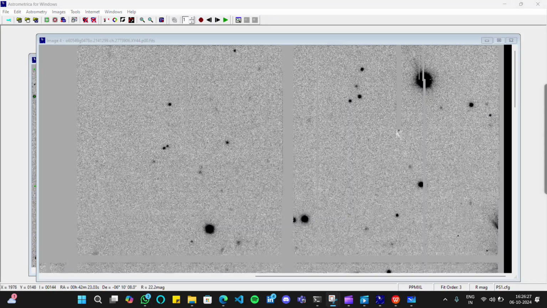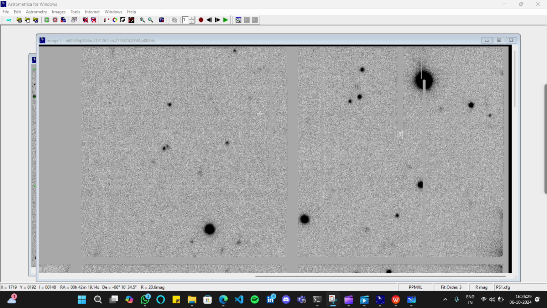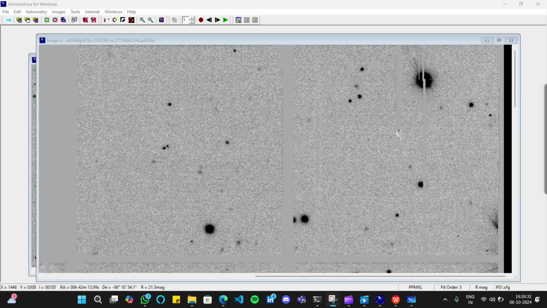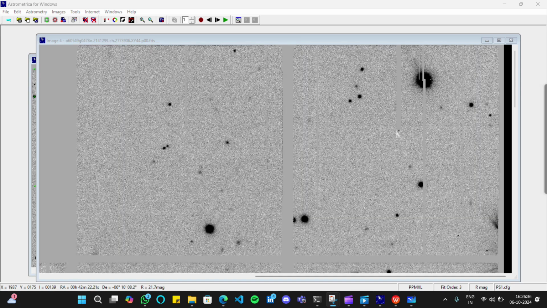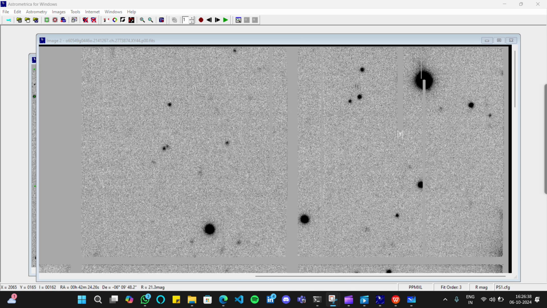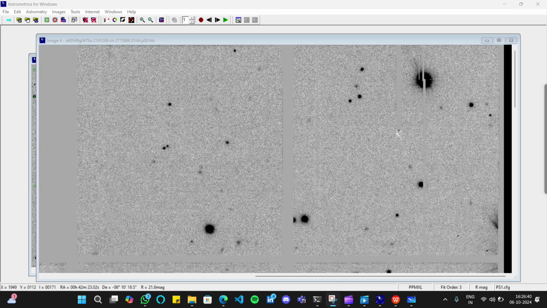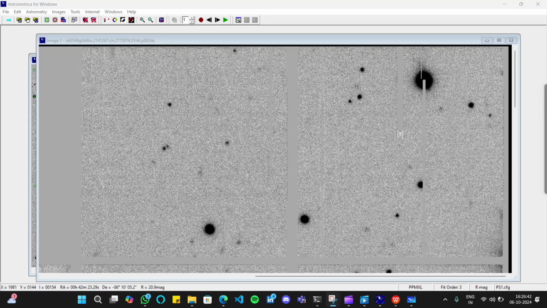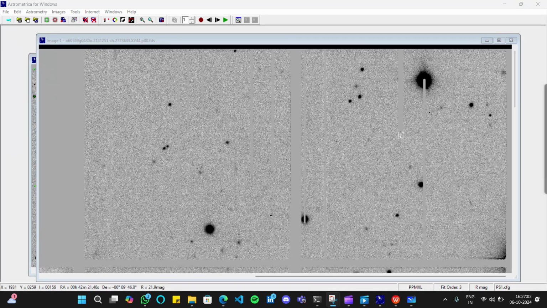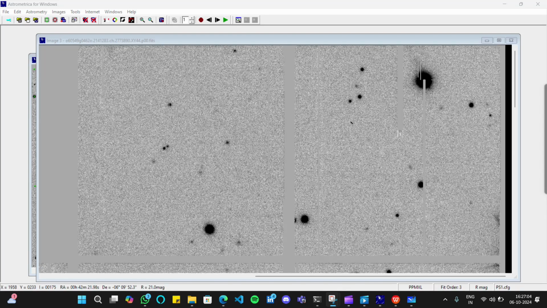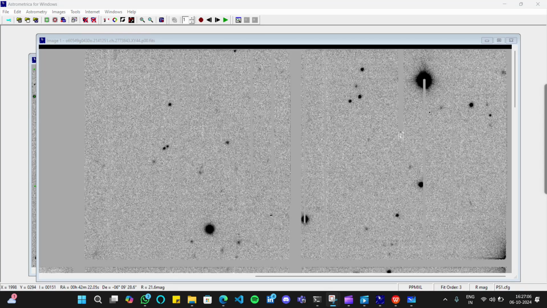Most probably this kind of small dot are the asteroids. I've also shown you the shade type. This can also be an asteroid, but mostly the chances are this. These are mostly the asteroid. So what is the use of the blink current image? When you find an asteroid, the blink current image section will make the asteroid move in a linear way.